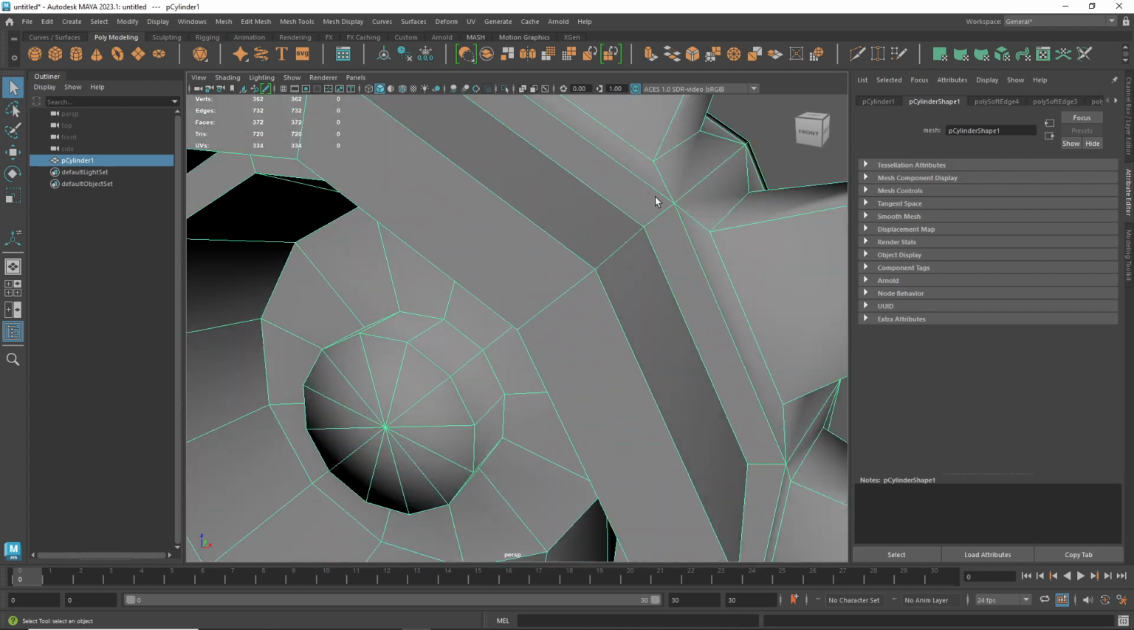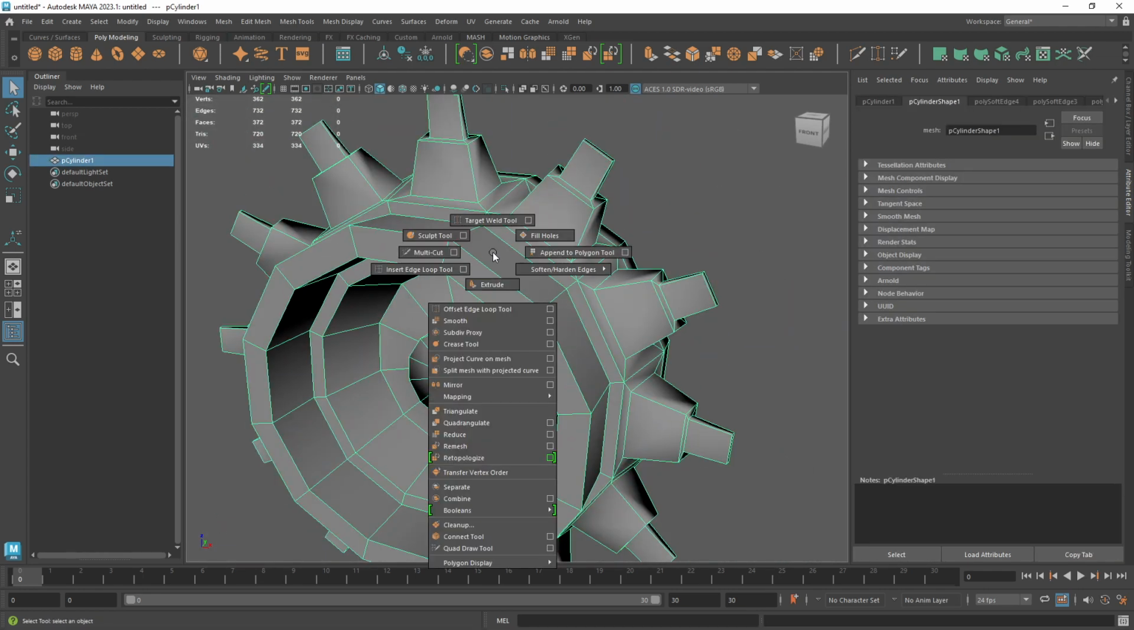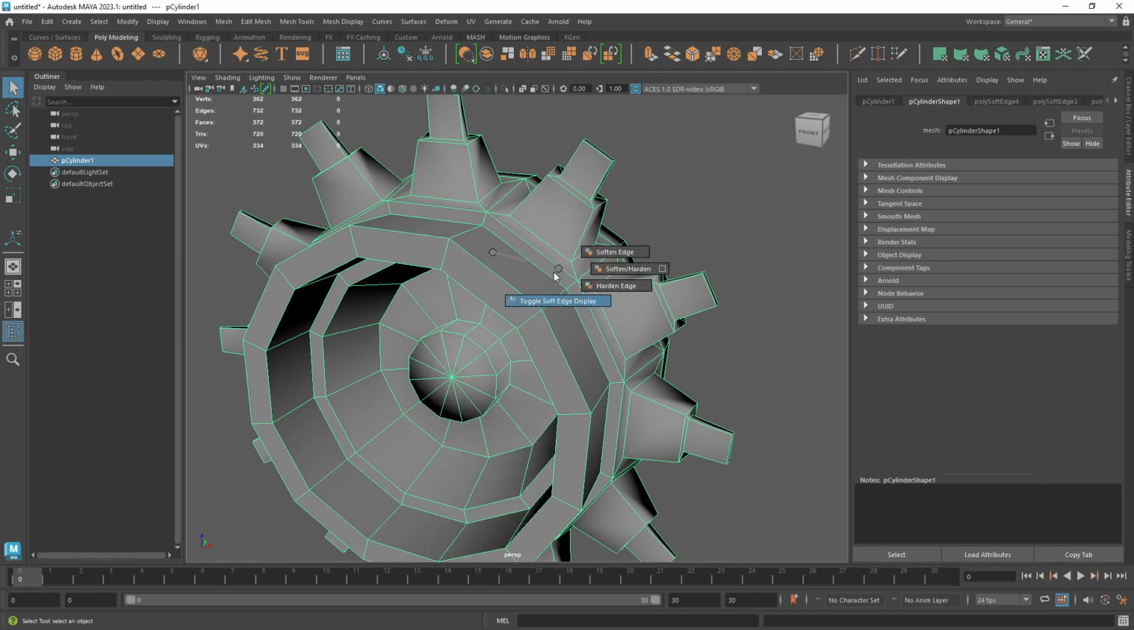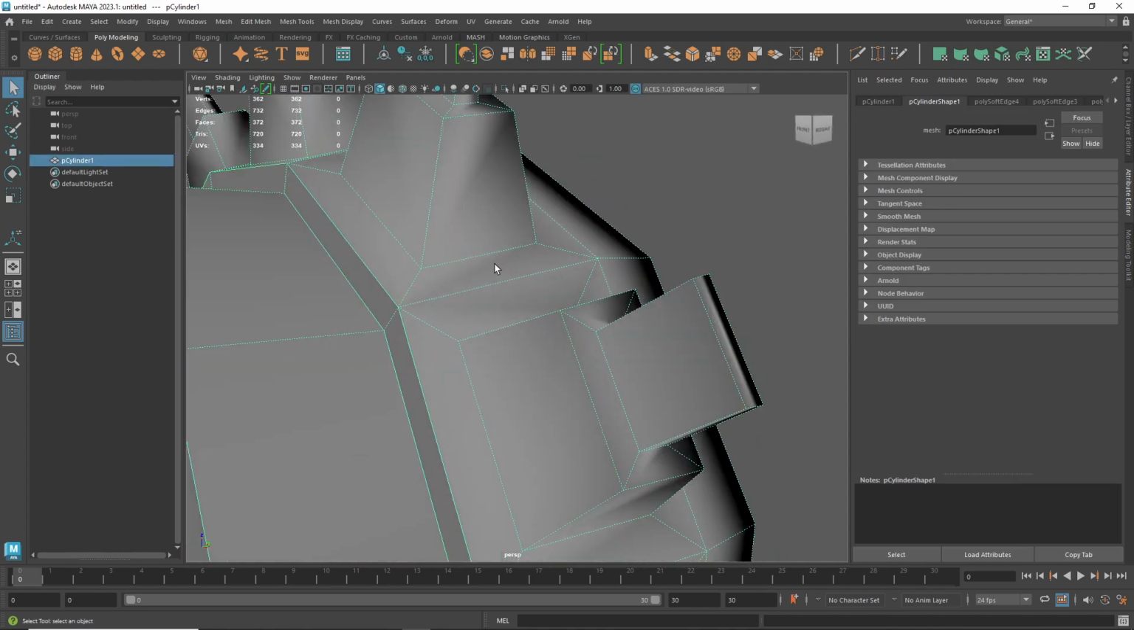To preview your smoothing groups, you have to select your object, hold Shift, and then right click. And now you see you have an option for soften and harden edge. You're gonna say toggle soften edge display. Now as you notice, if you select this object, you would notice that